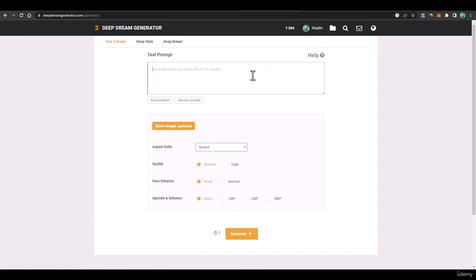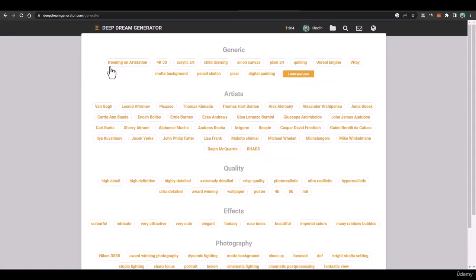And here you have to imagine anything you can add in here. I just had a homework on it, and I had this prompt: ghost ship on the ocean. You have to imagine about anything, like old men playing chess in ancient Greece, or a small farm market in an Arab town, or these kinds of imaginations. You can imagine anything and type it in here, and then from here you can add the modifiers.